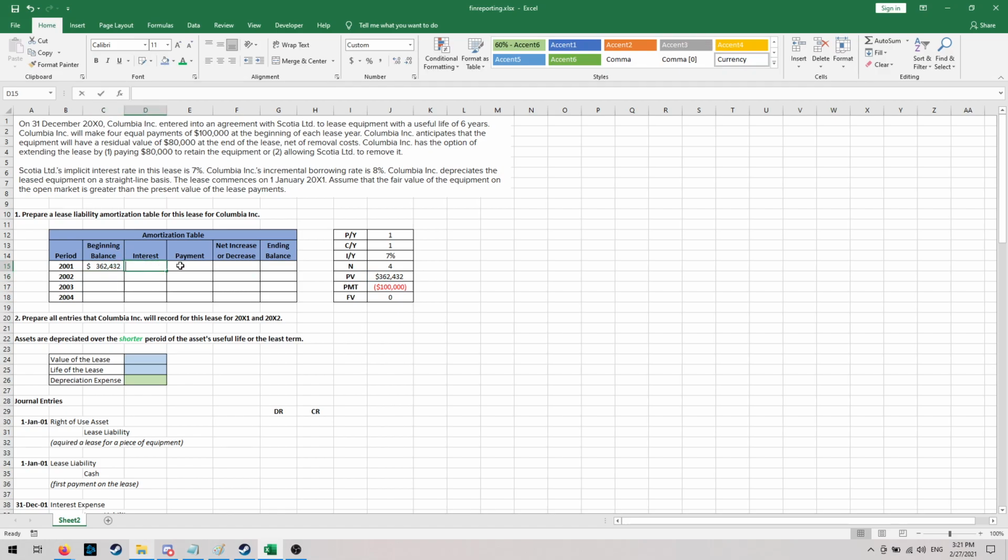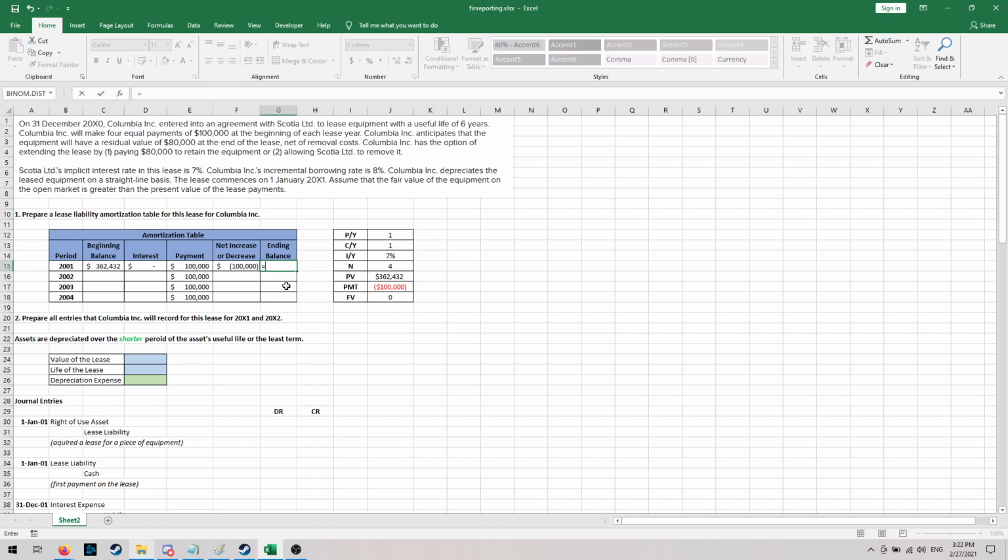We don't pay any interest immediately as soon as we start the lease, and we know our payments are $100,000. So we can fill out this entire column right away. Each payment will be the same amount. Now, since we've just started this and we immediately made a payment, the net amount, since we had 0 interest and we paid down $100,000, means we've reduced the liability of our lease by $100,000 right away. This is the first payment we make on January 1st, 2001. So we can say we paid $100,000,